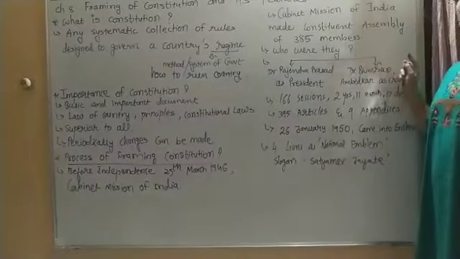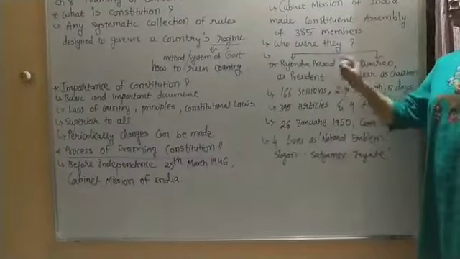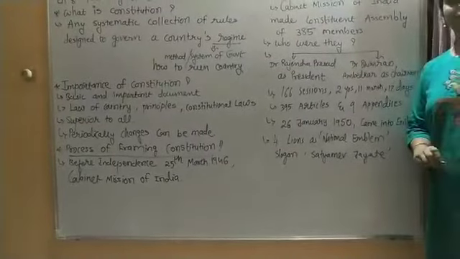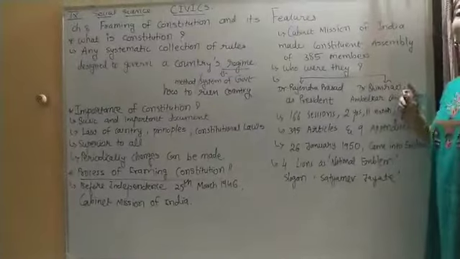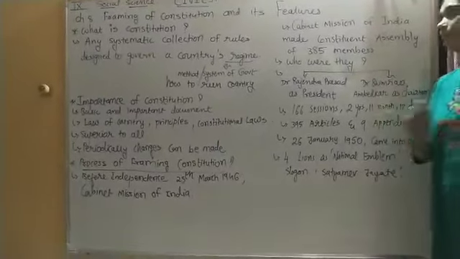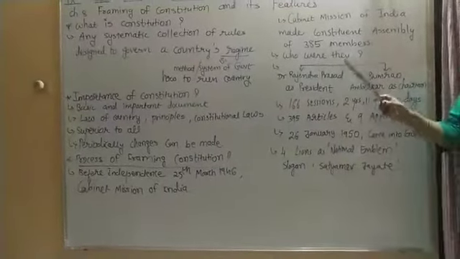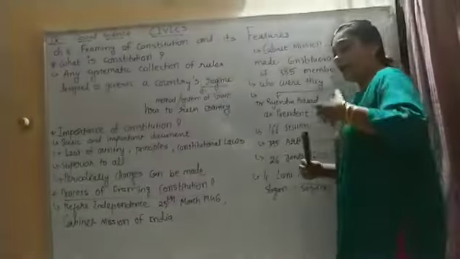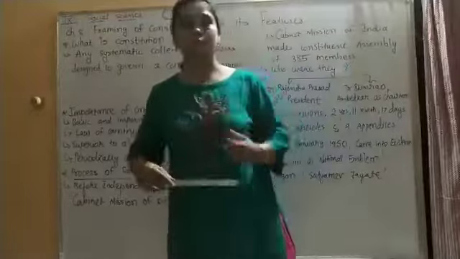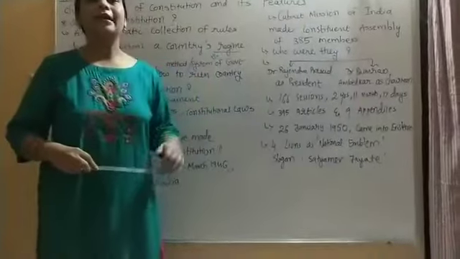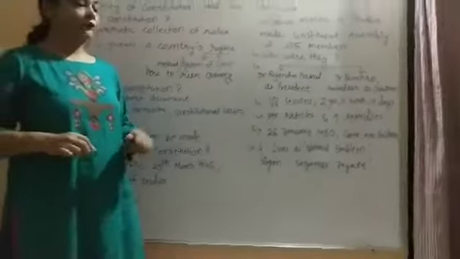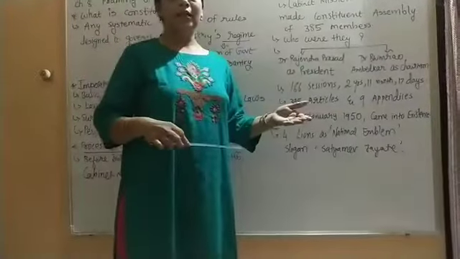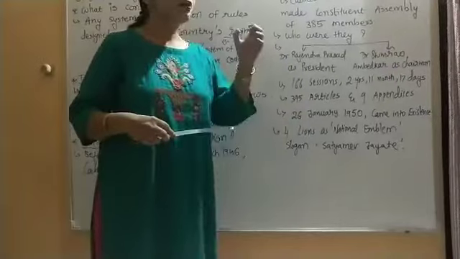And this Constituent Assembly consists of 385 members. How many members were there in this Constituent Assembly? 385 members. Now the question is, who were they? वो कौन से लोग थे जिन्होंने help किया to make our constitutions? Who were they? We had the great thinkers, we had authors, scientists, mathematicians, those who were thinking good about